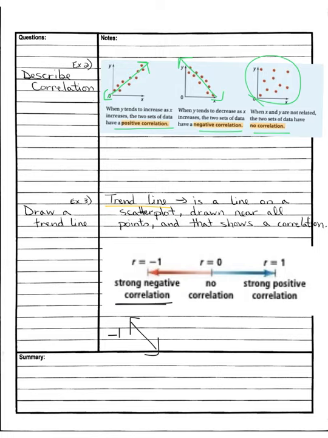The closer we get to 0, the further away they are from a straight line. Okay? So I would say that our trend line would be around a correlation value of probably negative like 0.5. Okay,